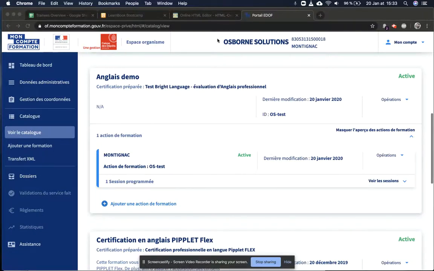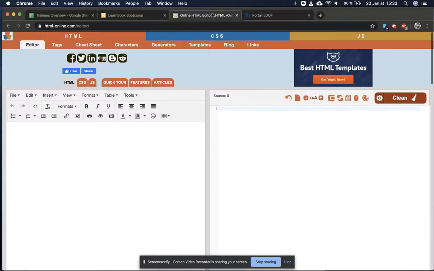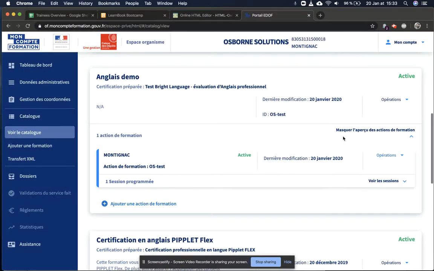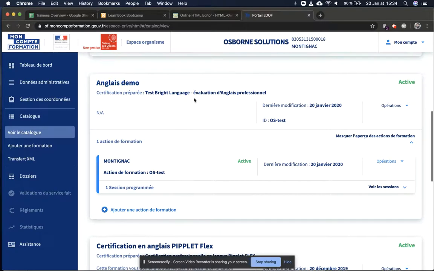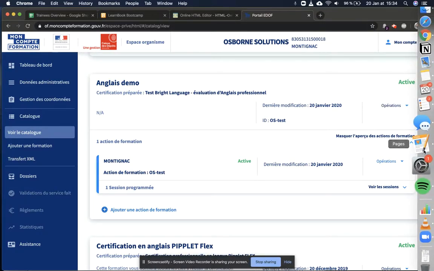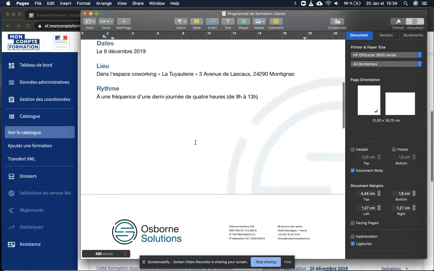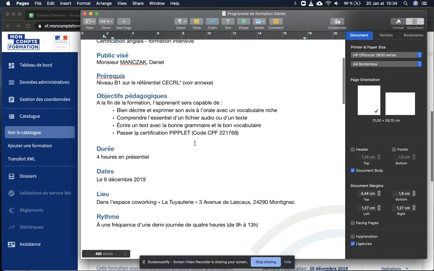This is a tutorial to show how to use the HTML editor to make your EDOF offers look prettier in the way that they're presented on the page. So at the moment I've created a demo course based on a program that I've created for a Piplet